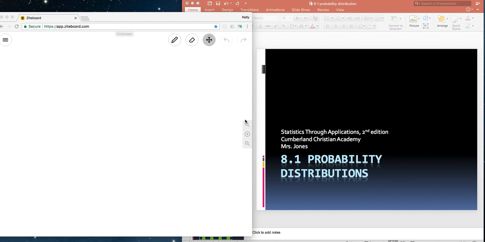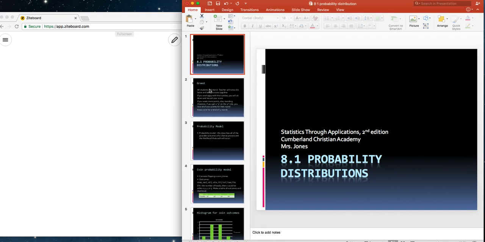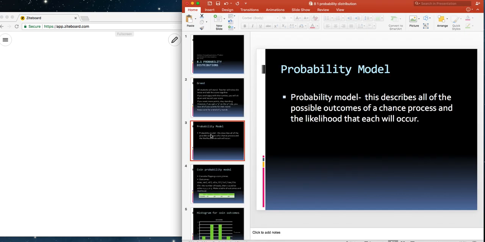Okay, so we are going to start chapter 8, and this deals more with some probability issues. And before we start doing some actual probability, we're going to talk about probability distributions. All right, so the first thing you should know is what a probability model is. And that's basically describing all the possible outcomes and the chance process, or how likely it is for something to